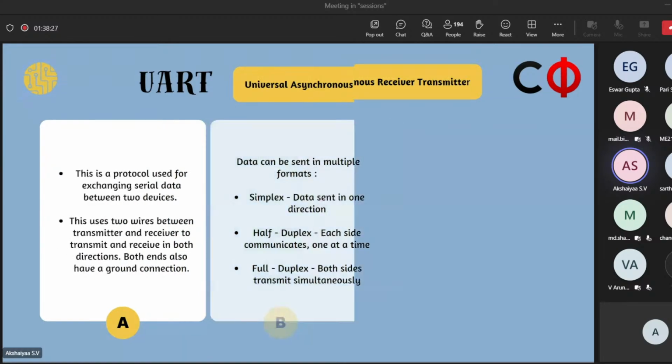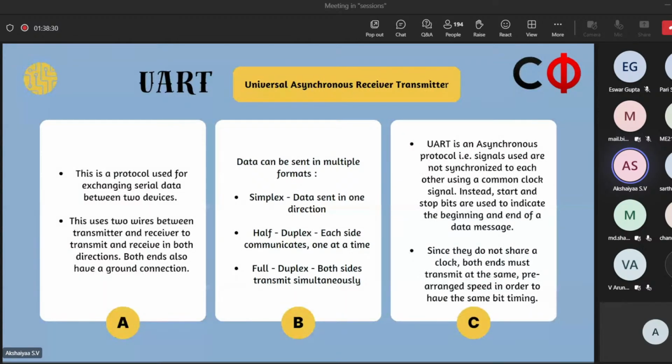As I already told, in UART there is the term asynchronous. What asynchronous tells is that there is no inbuilt clock to synchronize the data between the two devices. Like there was a clock pin for I2C and SPI, there is nothing like that here. So there is no clock. So how is data transmission done? That is a question, right? Because only if the two devices are synchronized properly will proper data be sent and received.